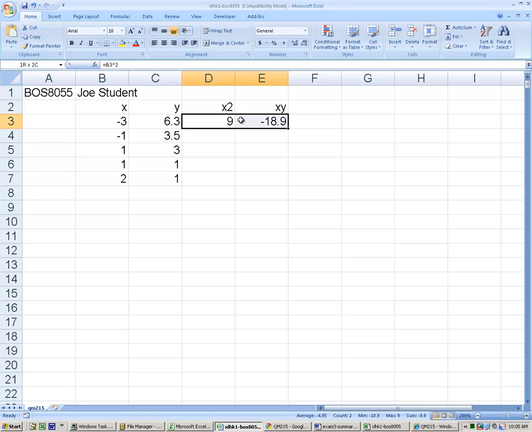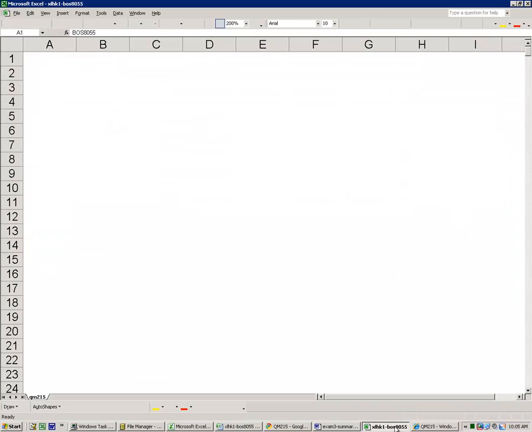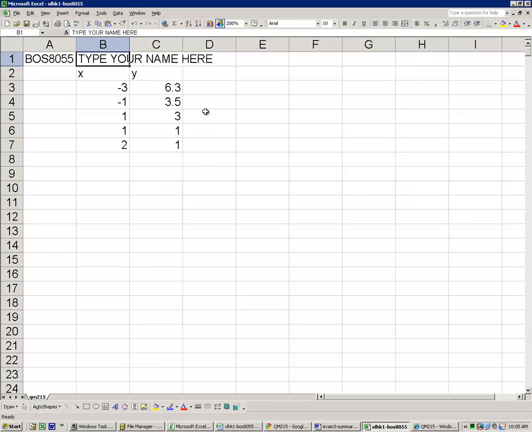Hold the left button on the mouse down until you mark both those cells. Get the small, narrow plus sign on the bottom right hand corner, double click, and you've got those calculations. And then again on Excel 2003,